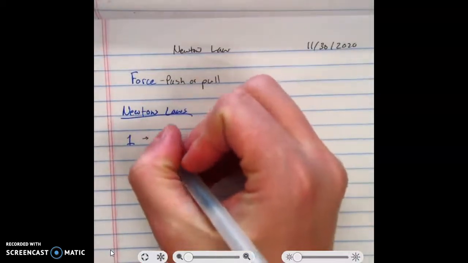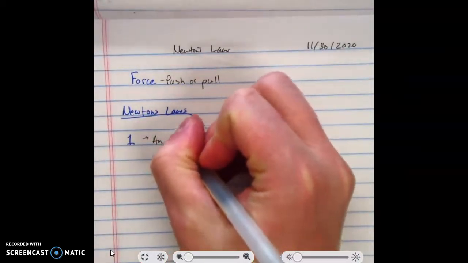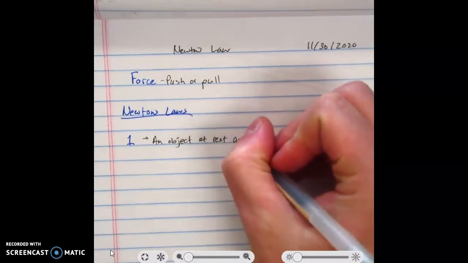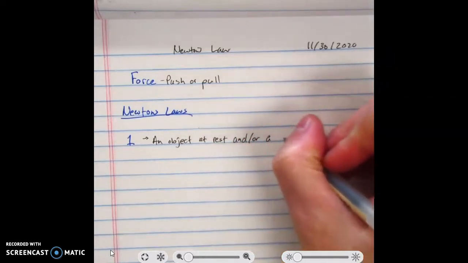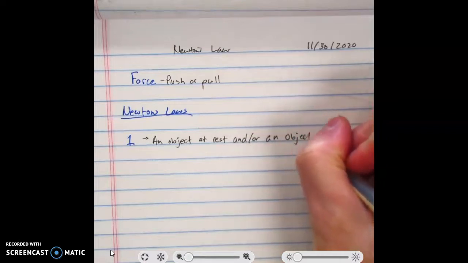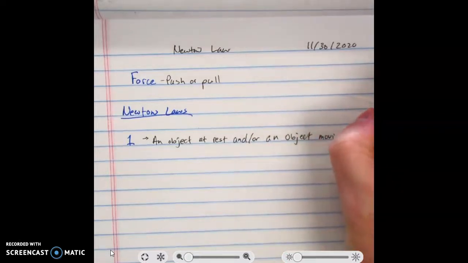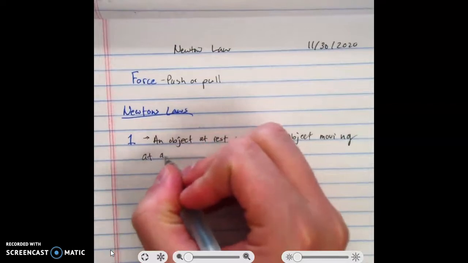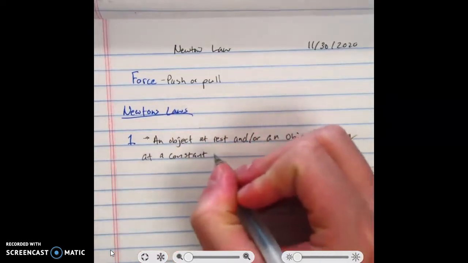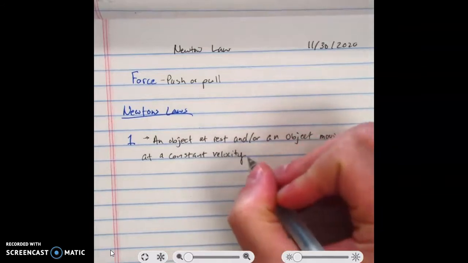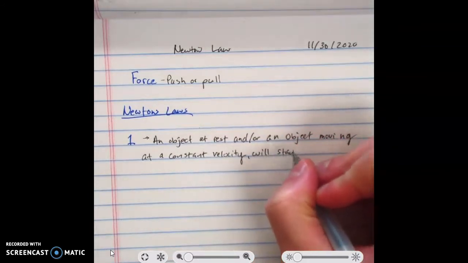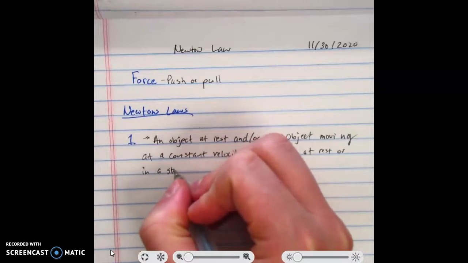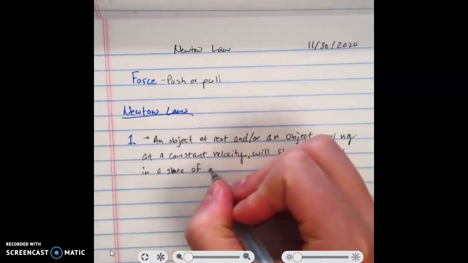The first law states that an object at rest and or an object moving at a constant velocity will stay at rest or in a state of motion